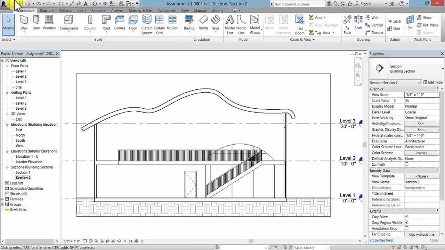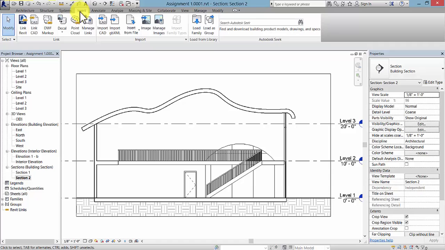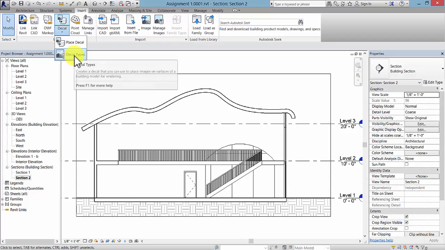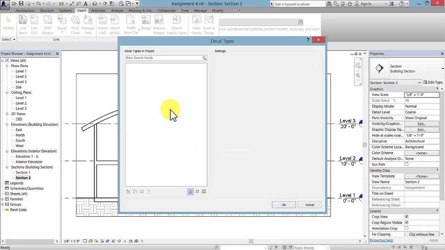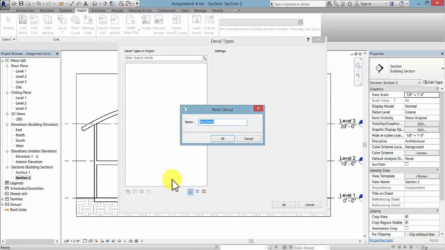They're called decals. You can go to the Insert tab, and here it is, Decal. So before we place one, we can establish some of our images. You can decide on 2 or 3 different images that you might want to bring in, maybe paintings or photos. So you can go to Decal Types under Insert, and then at the bottom left corner you can pick Create New Decal, and then call it something, maybe just Image 1 or whatever the image is that you're bringing